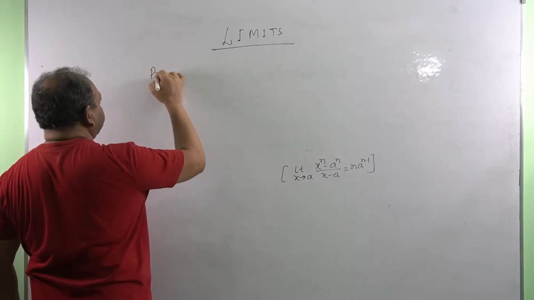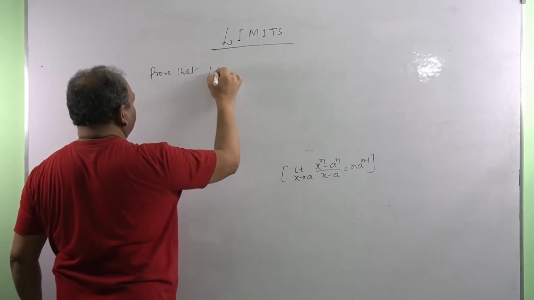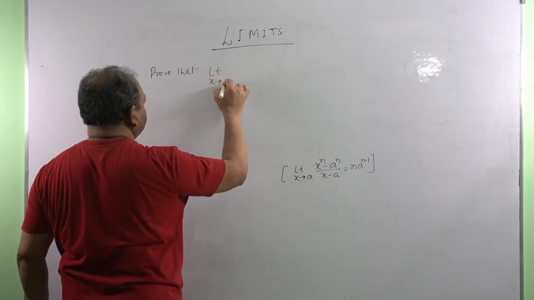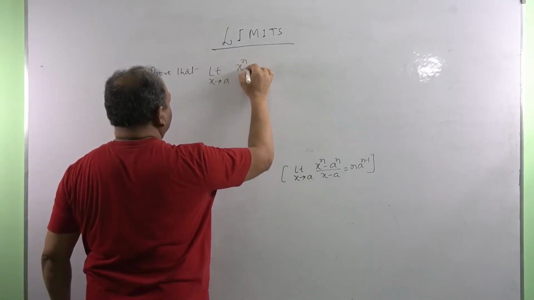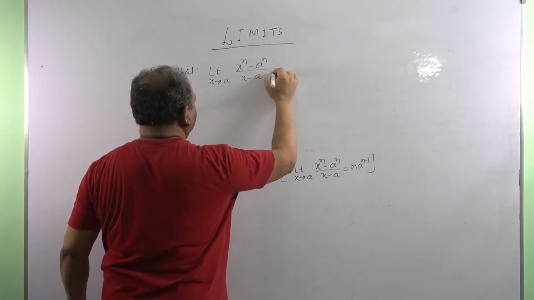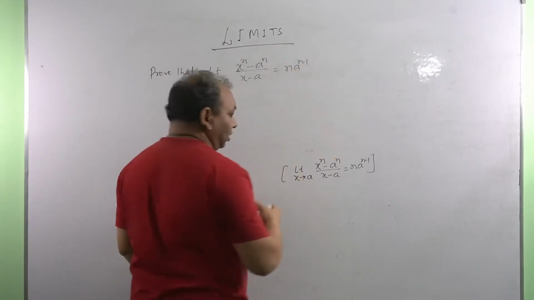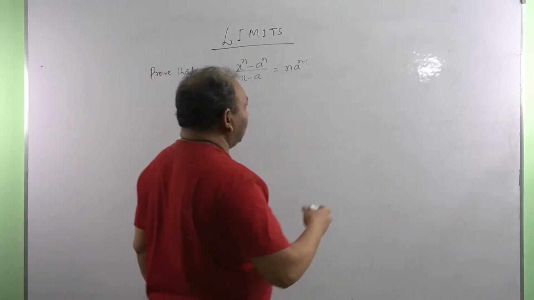Prove that limit x tends to a, (x to the power n minus a to the power n) divided by (x minus a) is equal to n a to the power n minus 1. We know that